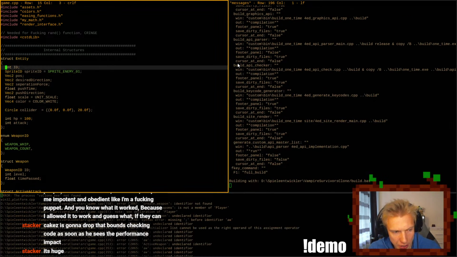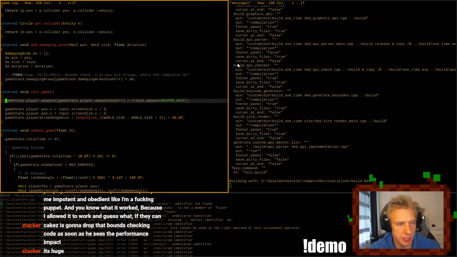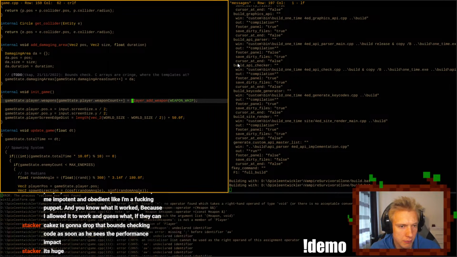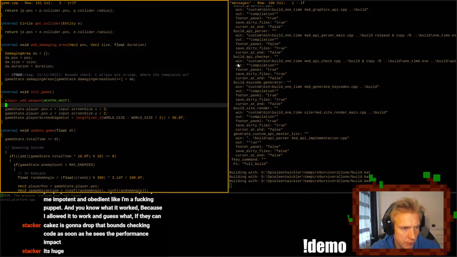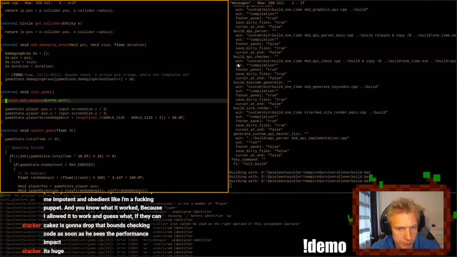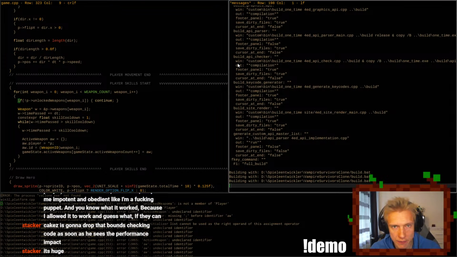Okay, we're gonna get a bunch of errors now. Create weapon identifier not found. That would be player add weapon. Building completed. We add the whip to the player. We don't have unlocked weapons.